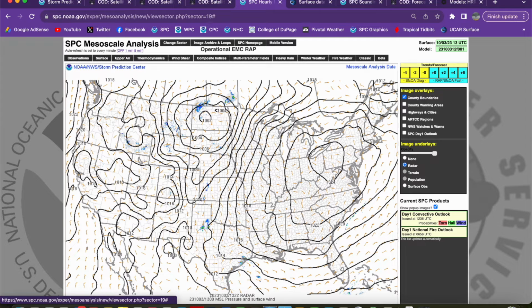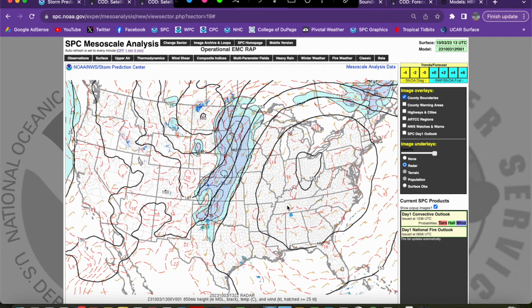Let's look at our 850 millibar map for our low-level jet, and you can see that low-level response has taken place very nicely. Large swath of low-level jet here, 30 to 40 knots of flow from northwest Kansas into the Great Lakes region. That should maintain today a little bit. Again, given the diurnal cycle of the low-level jet, we should see a little bit of a tailing off of that low-level jet over the next several hours, but by mid to late afternoon, we should see that ramp back up, especially across Nebraska, Kansas, and even into far northwest Oklahoma,